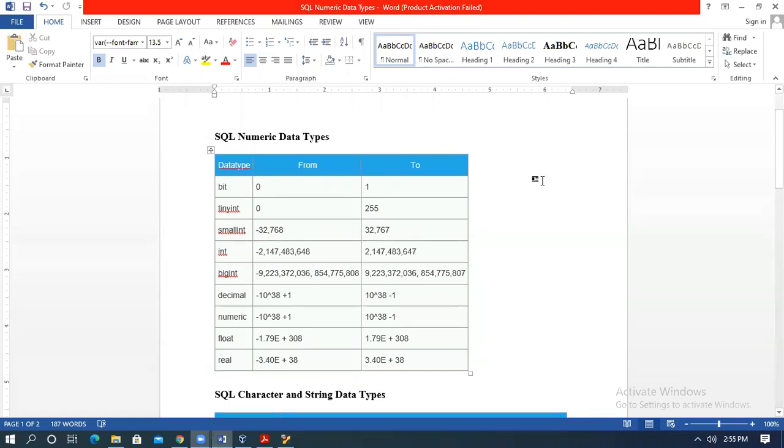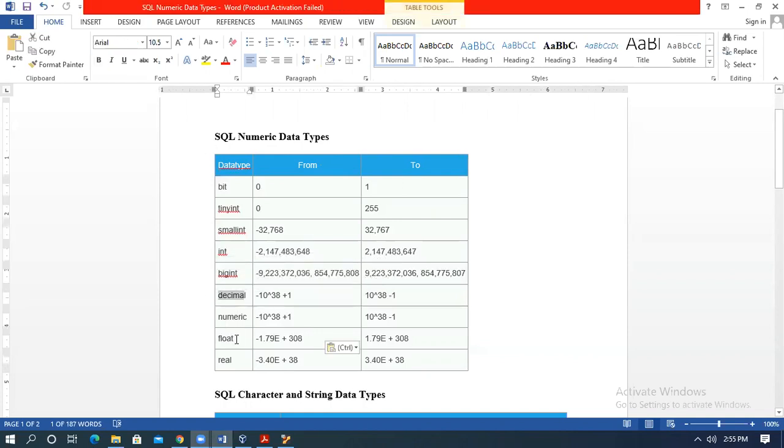There are different types of data types available inside a database. First we'll see MySQL numeric data types: integer, decimal, float, real, tiny integer, small integer, big integer, bit. These are the numeric data types.